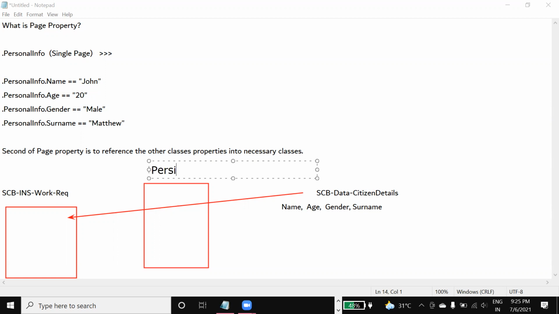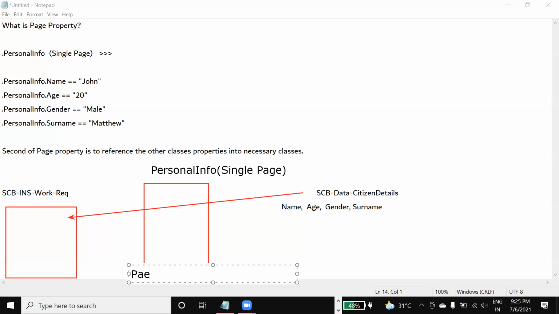Here we are going to create a property called personal info as a single page. So this will be a single page property. Inside the single page property, we are going to define a page definition. If we create a single page property, we have to define the page definition.